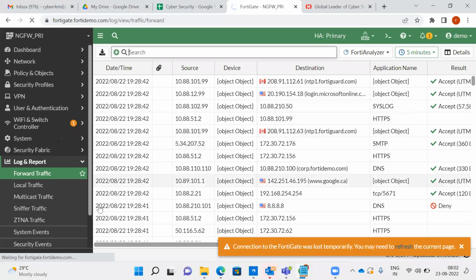Okay, now I will ask a couple of questions on this one. Can you explain what is the first one? Whether it is from internet to internal or